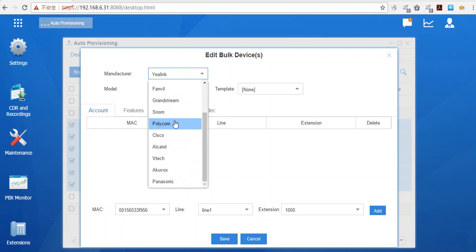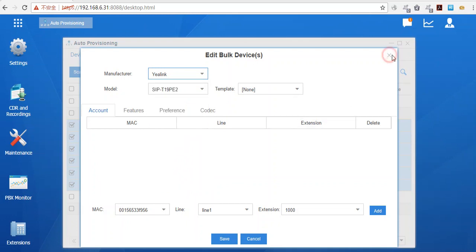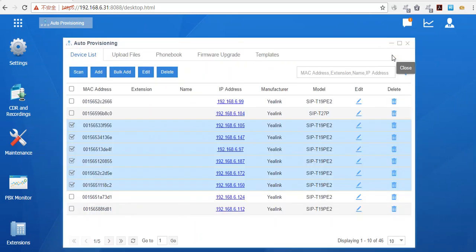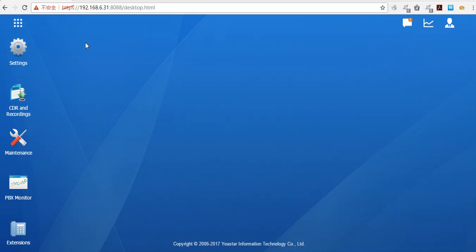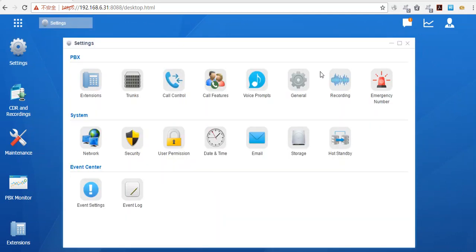If you are configuring Polycom and Cisco phones, you will have to do what we call a DHCP mode. In DHCP mode, you will have to set your IPPBX as a DHCP server, and all the IP phones will directly go to the DHCP server to get configuration files. This is DHCP mode. So in DHCP mode, you will have to, as I have said, set up your PBX as a DHCP server. So you can do it in